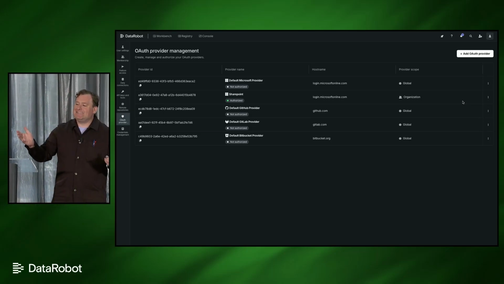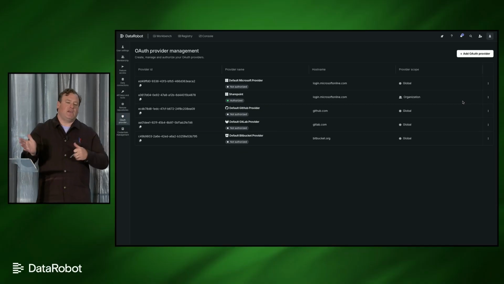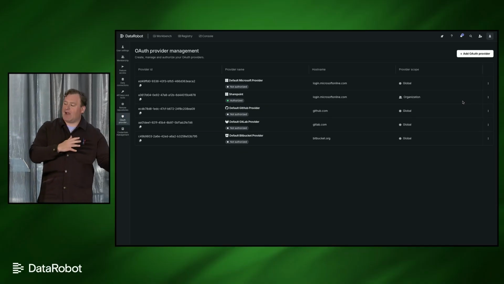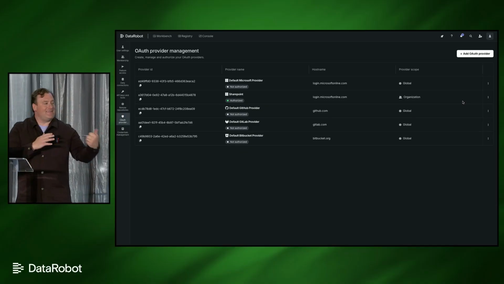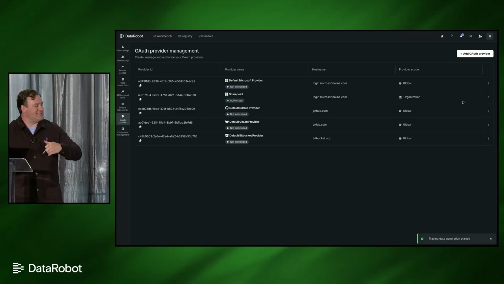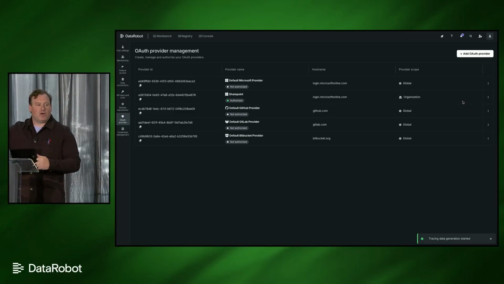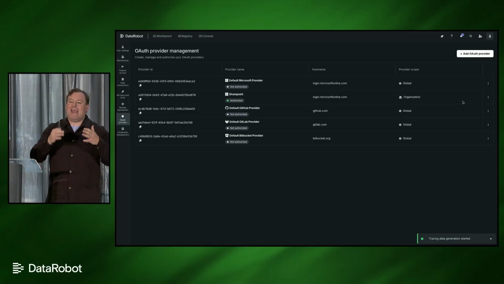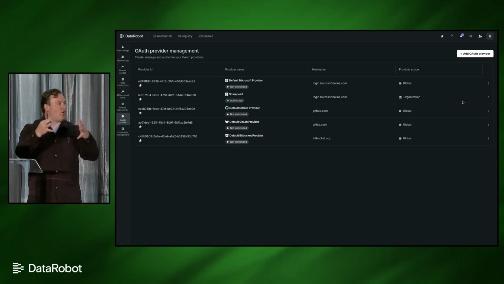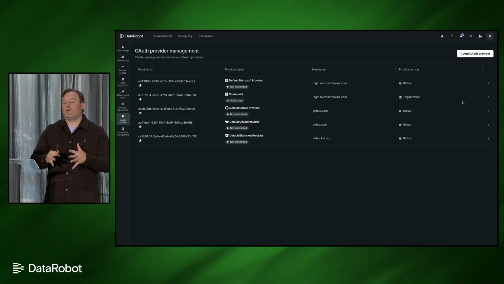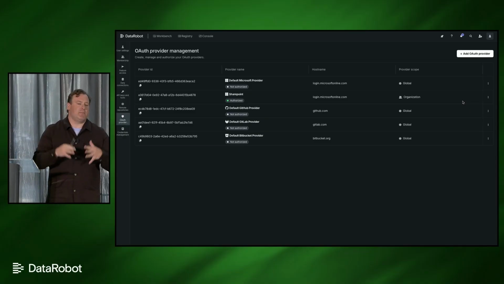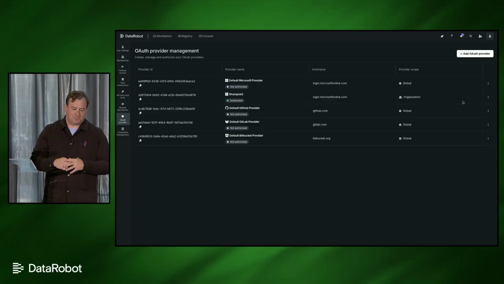So 90 days in, if one of your employees changes role or leaves your enterprise, their authentication means they can no longer access this data. So SharePoint, Google Drive, and Office, we inherit that security structure for all the agents. We don't have to re-implement it 100 different times for 100 different users.